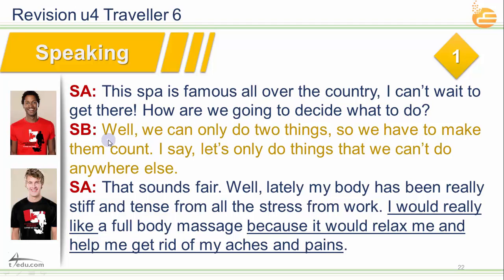Student B: Well, we can only do two things, so we have to make them count. I say let's only do things that we can't do anywhere else. Student A: That sounds fair. Well,